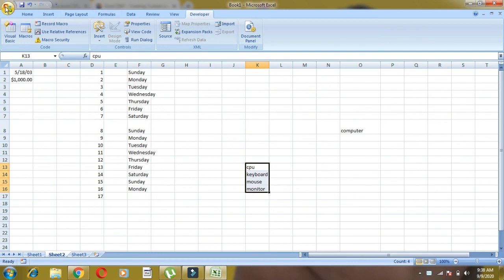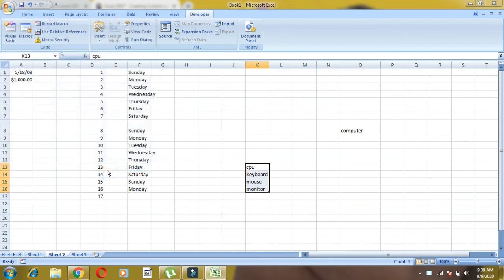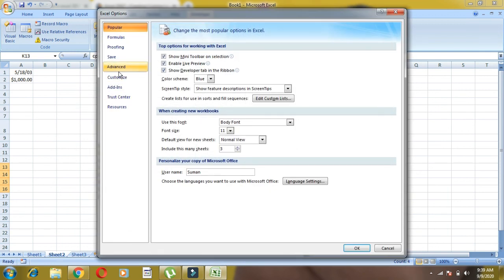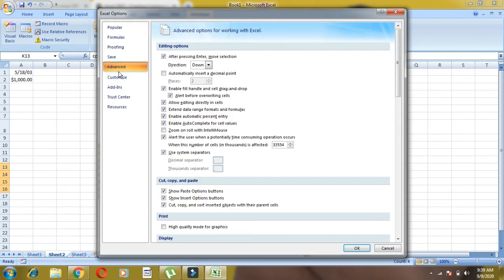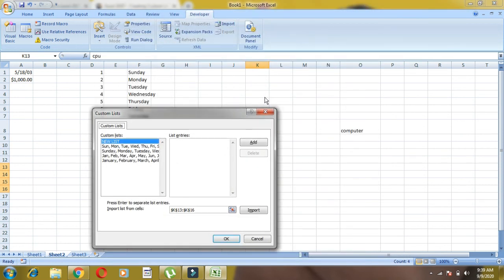After selecting, I'll click on the office button. When I click on the office button, I can see the Excel options are available. So I have to click on Excel options, then inside the popular section you can see the edit custom list, create a list for use in sort and fill sequence.